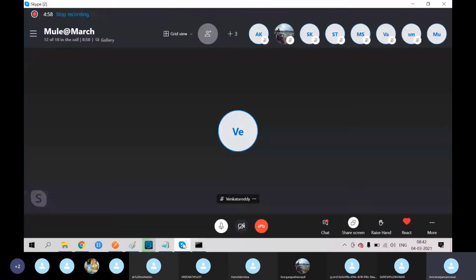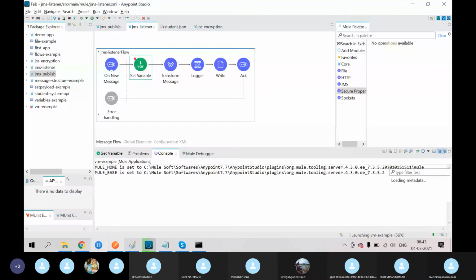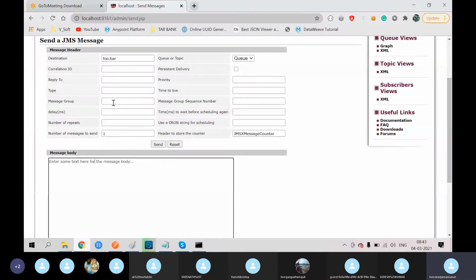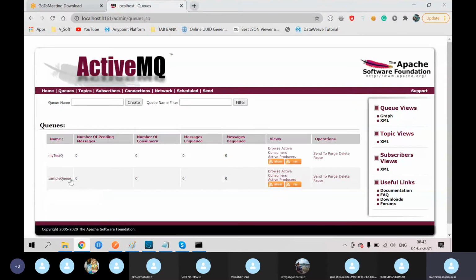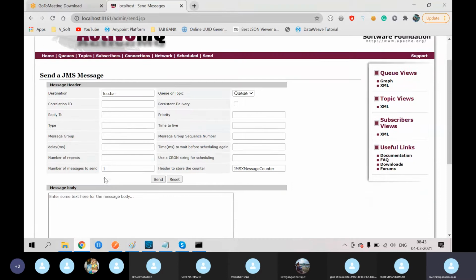Now here I'm opening this send button. So what is this button actually? From this queue directly, you can create your message in the queue in the web console itself and send your message from here. For that you have to click on the send button.